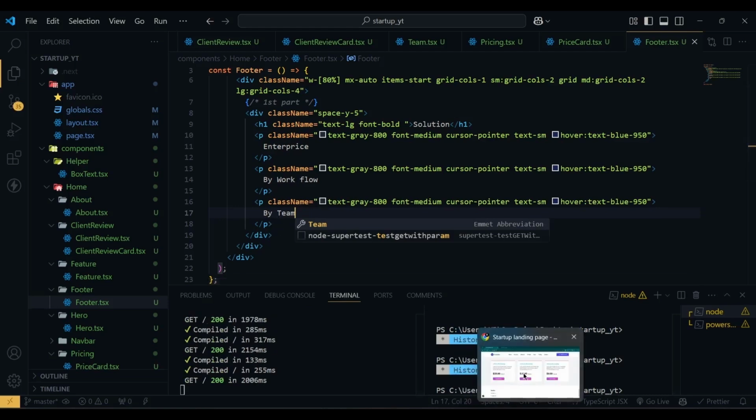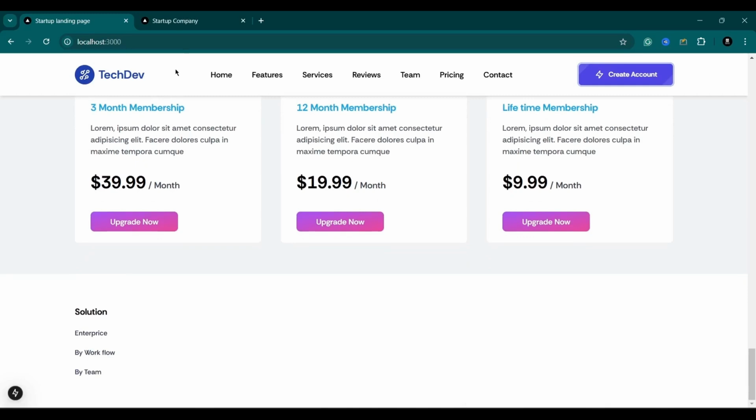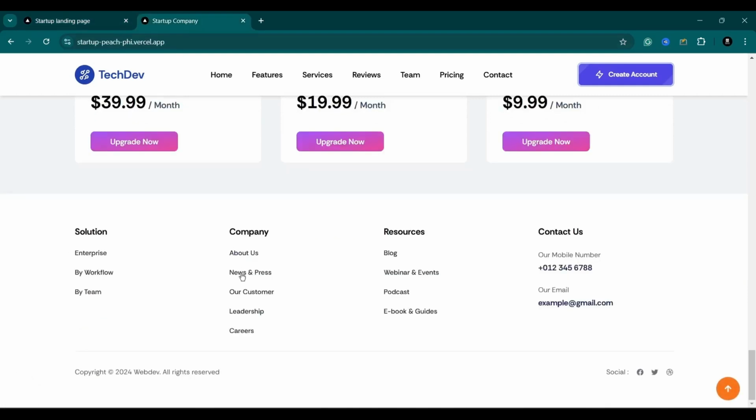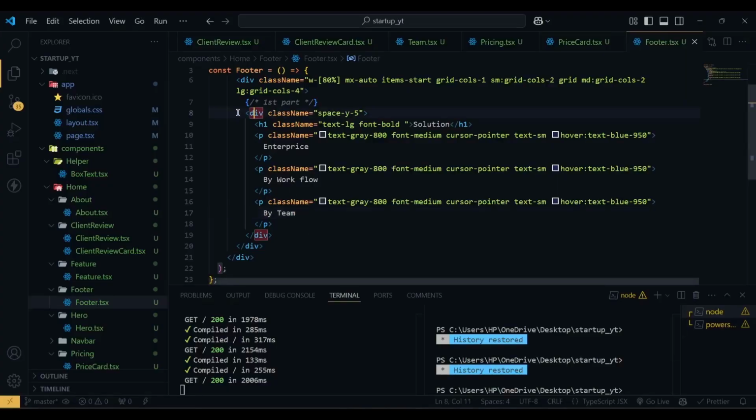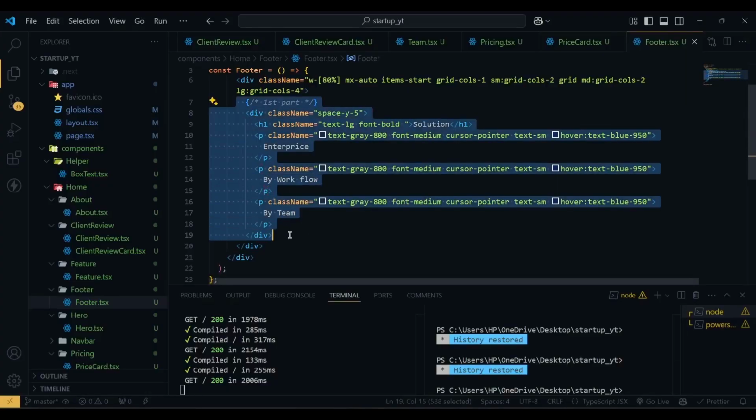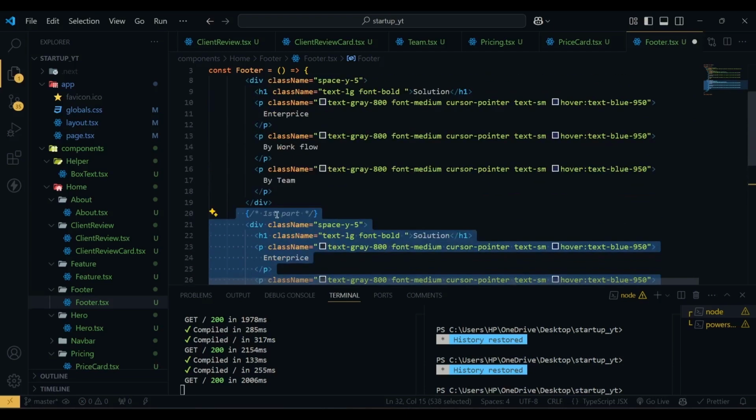So if I go to our project now, here you can see we have our first part just like this one, and the second part is similar to this one. So I'm going to copy this first part, copy it and paste it here. So this is the second part,